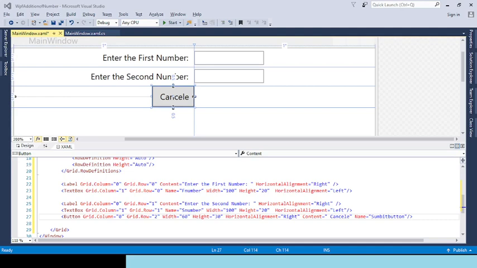Now while we are designing any application, you should remember, see, the scenario will always go from left to right. So right is the forward technique. So here